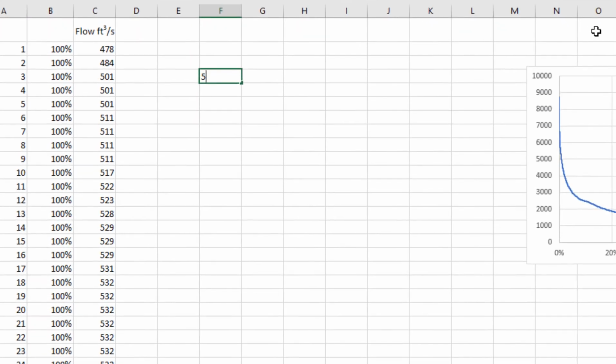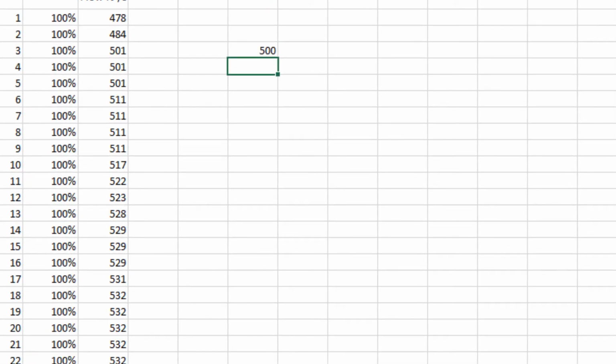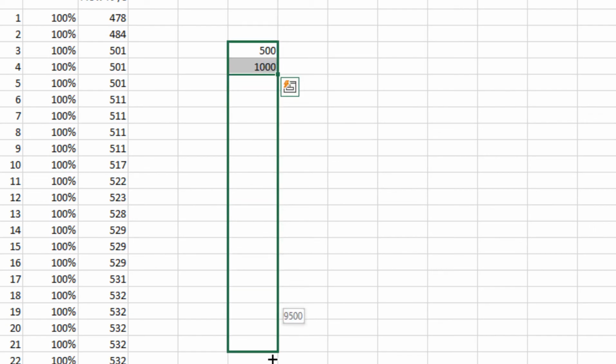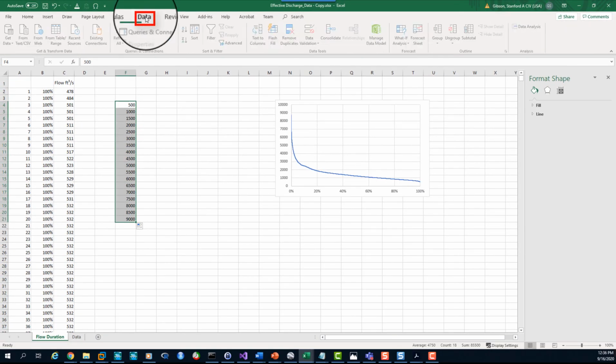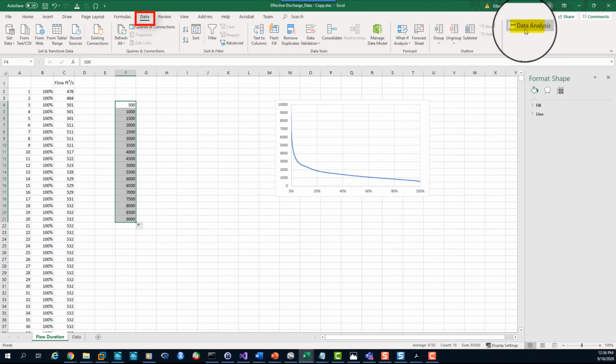But let's use bins of 500 CFS. Okay, so I'm just going to create a series of bins that increase in increments of 500 that cover my range of flows. So those are the bins that I'm going to create essentially a histogram with. We're going to generate a histogram of frequency. And that's where the data analysis tool pack comes in. If you go to data and data analysis,